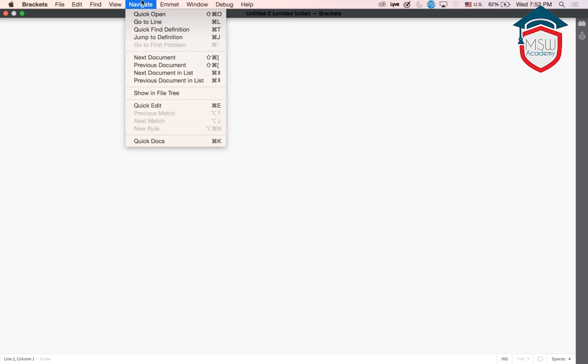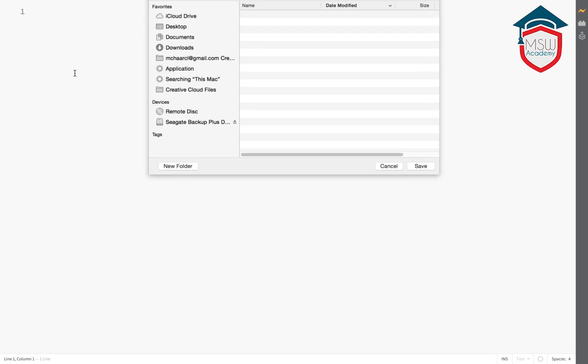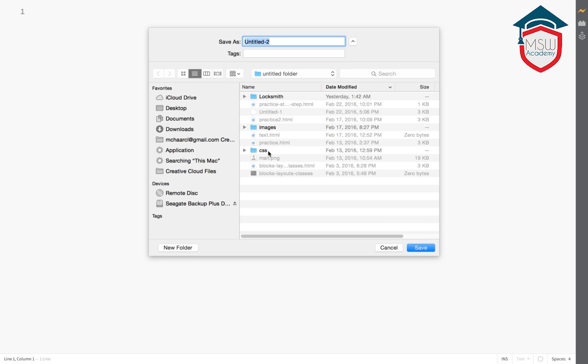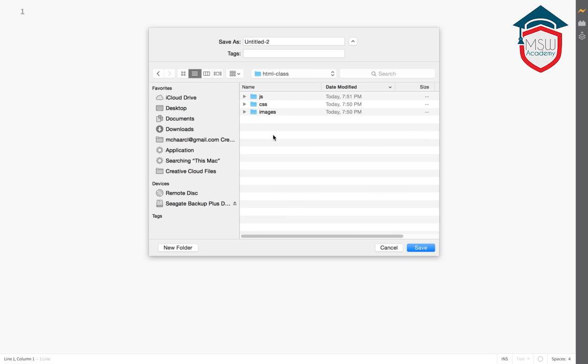Then save it as. Look for your root folder. Mine was on the desktop, HTML classes. Open it and save the file as